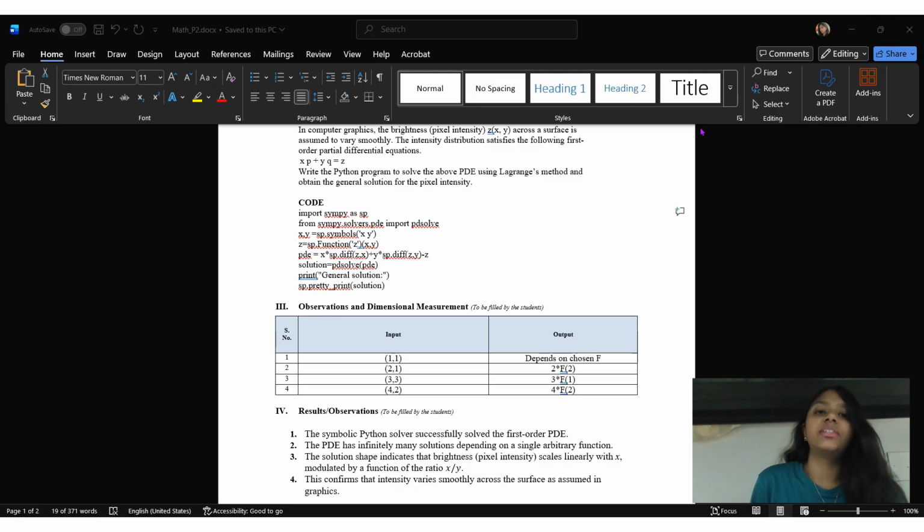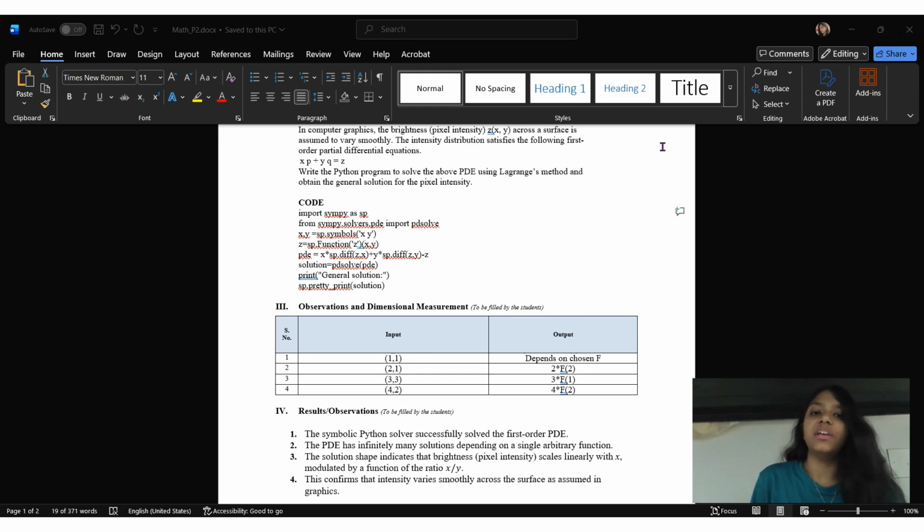So, in plain words, the PDE is telling us that the behavior of z of x, y depends on the ratio of y to x, scaled by x. SymPy captures that neatly in its output, and that's it. With just a few lines of code, we solved a PDE using SymPy's pdsolve function.